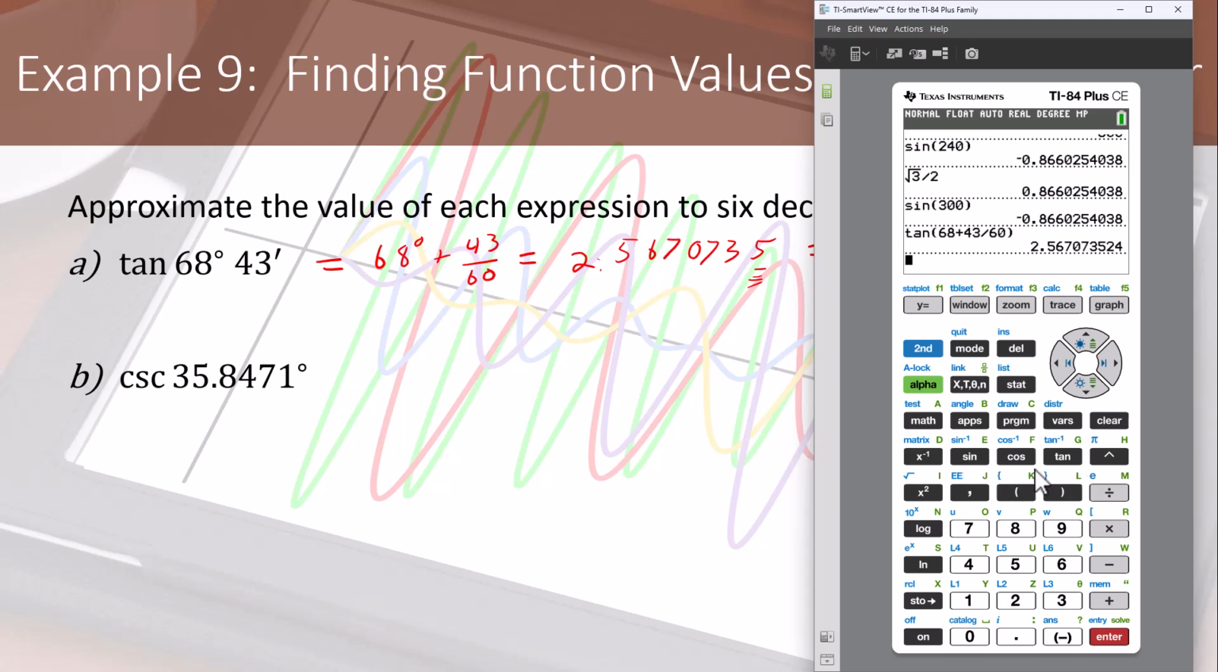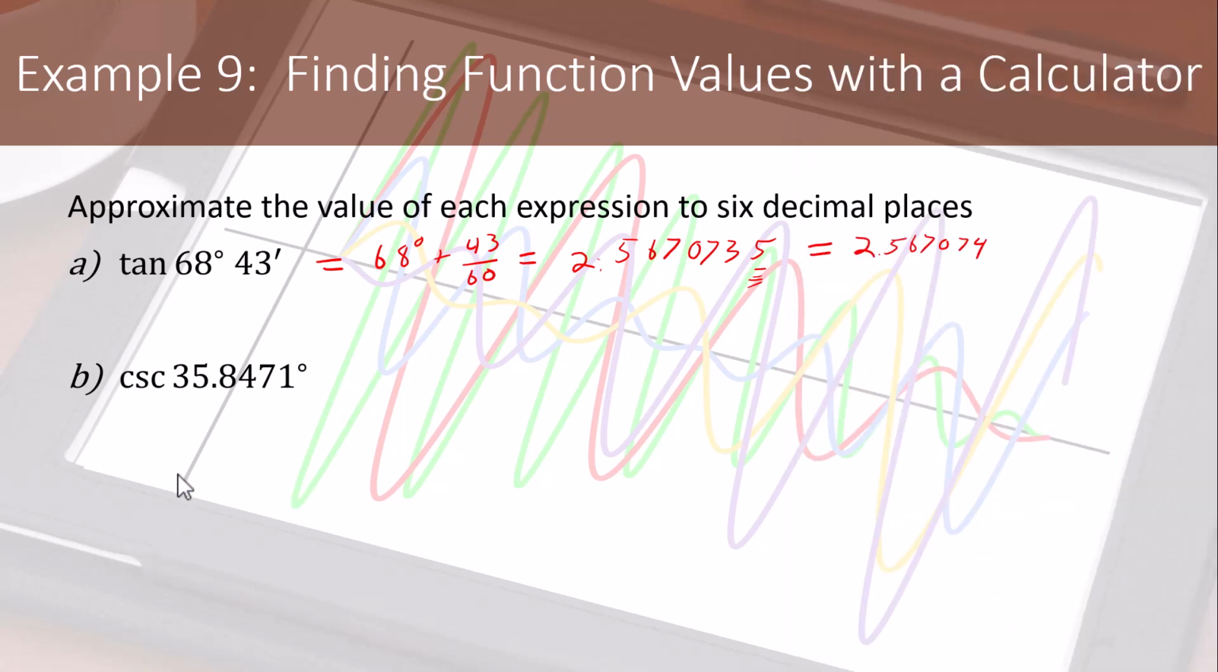We don't have cosecant here. We only have sine, cosine, and tangent. So I need to make use of my reciprocal identities. The reciprocal identity I'm interested in is that cosecant is equal to 1 over sine theta. So this is going to be equal to 1 divided by the sine of